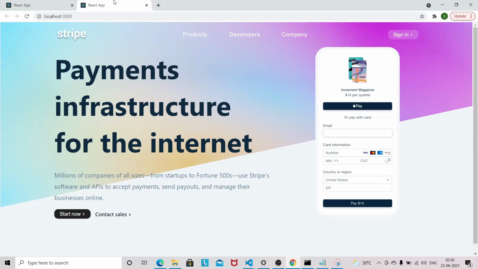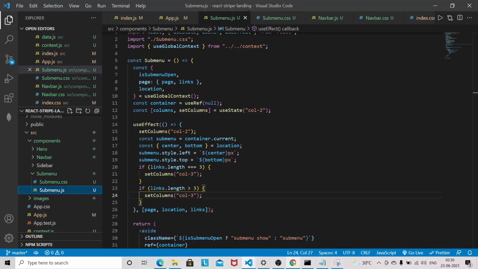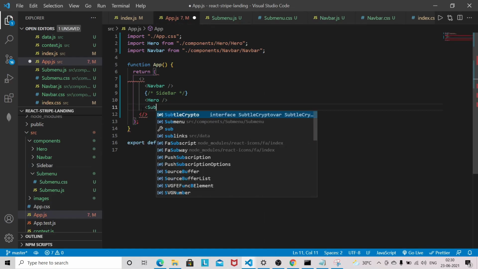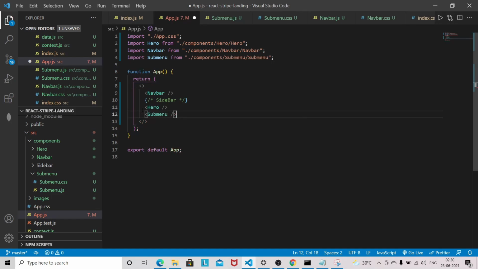So this is the demo application and this is our application, and let's also make sure that you have imported that submenu component into our app.js file. So I will remove this one, and submenu,